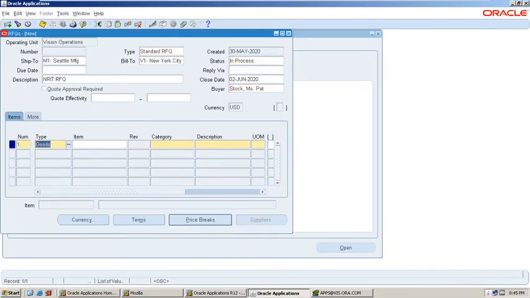What is meant by RFQ? Requesting for a quotation, requesting quotation from the supplier. That's why, what is the item we are looking for from the supplier? That NRIT keyboard.